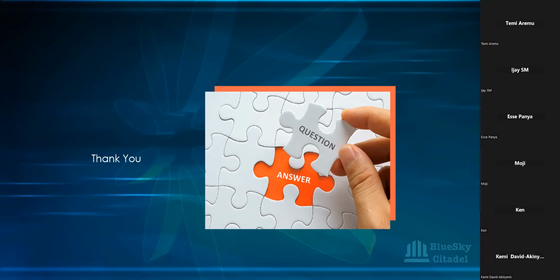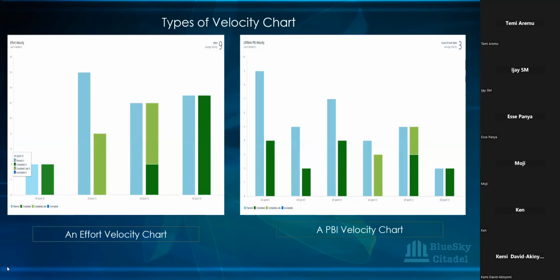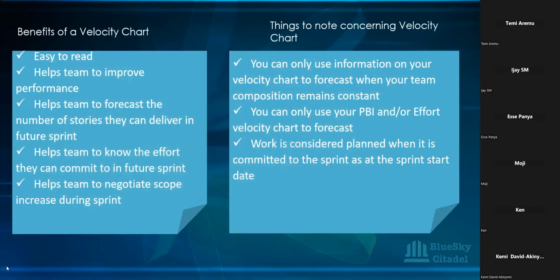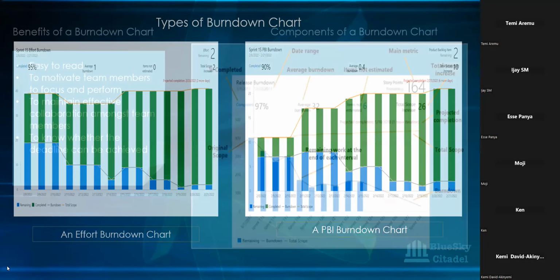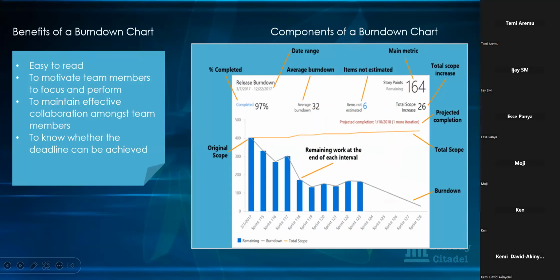So with your release burn down, what you're looking at is the end of each sprint, which you can also use. Let me go back to that chart. You can also use the burn down chart to achieve that. Just go back there. And we can generate it also on Azure. Okay, so this is a release burn down, and you can see that it covers a number of sprints. It's not showing dates, it's showing sprints, covering from sprint 115 all the way to sprint 128.